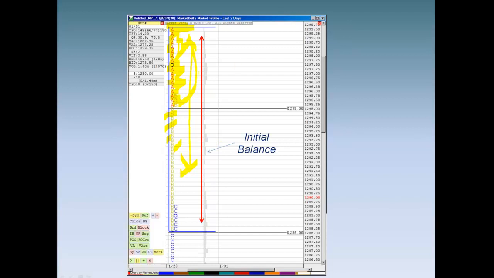I will tell you that you're not going to get many days like this one where it's like taking candy from a baby. It becomes very self-evident like this. But nevertheless, more often than not, I would say around 70% of the time, it is going to be rather self-evident where the high or the low is going to be for any particular trading day. And once you have that identified, it gives you a level of comfort in terms of the direction in which to take trades and in knowing what is the outside extent of risk on that particular